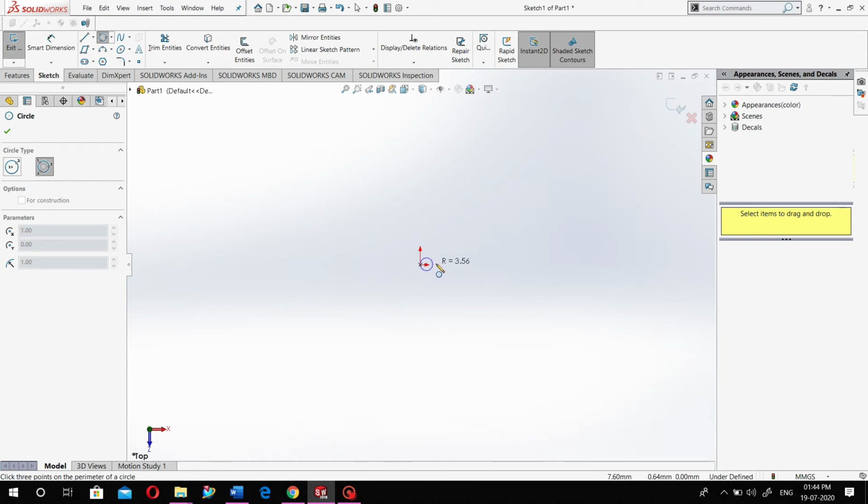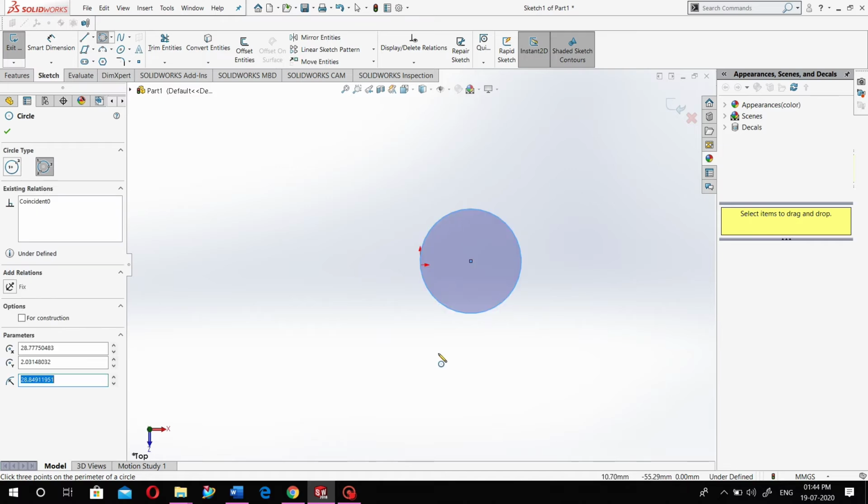You can see the first point I have selected and the circle is started. Now I select the second point over here, and it will move only to that point. And for the third point I select one point over here. So this is created now.